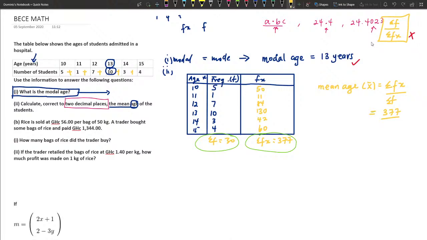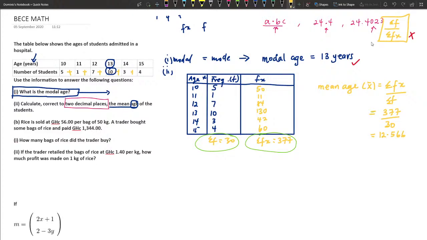Okay, so let's ensure and always cross check. When you are done and you see your mean is above 1, how will you know that it's above 1? When the denominator is smaller compared to the numerator, it means you have done the right thing. So it becomes 377 divided by 30. Let's quickly do that long division. We should get 12 point something. 12.566. So getting 12.566 is the correct answer, but